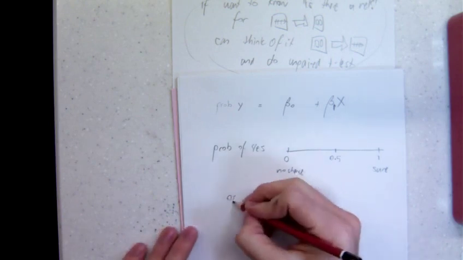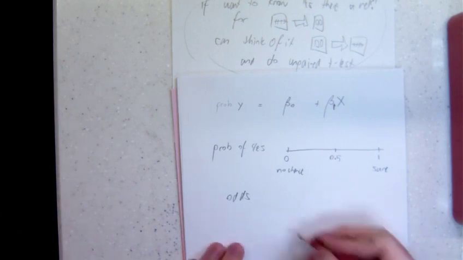Okay? But the problem with regression is that it can spit out any numbers. It could give me a minus 0.7 or a 1.8, and that's not useful. What does it mean to have a 180% chance of something? That's ridiculous. And so what we do is we turn it into odds. So odds is comparing the chance of yes with the chance of no, and the odds is much better because